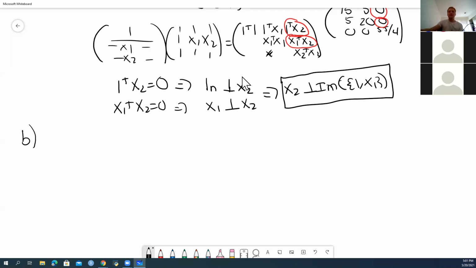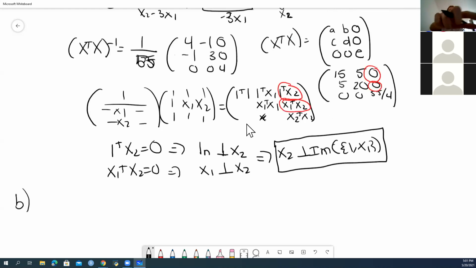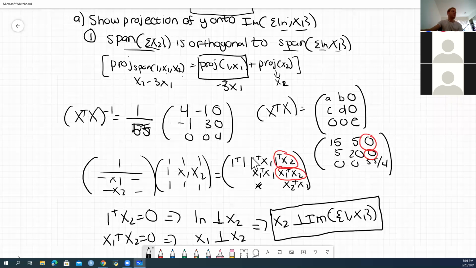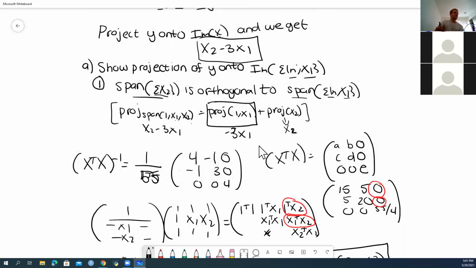Okay, now let's look at B. Yeah, what's up? So the formula: the projection onto span of x1 and x2 equals the projection onto x1 plus the projection onto x2. Can I say is this independent here? What was the question? Sorry. What do you mean independent? No, never mind, I was confused. So, okay, this is true